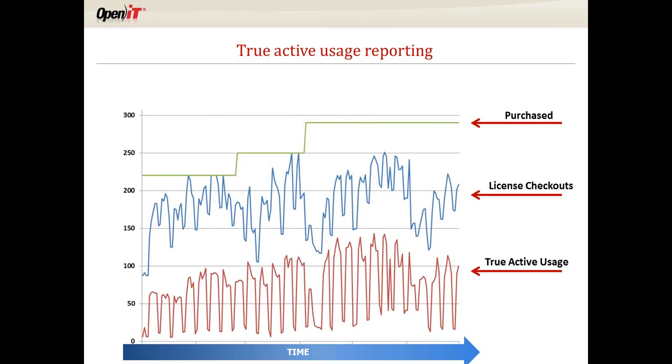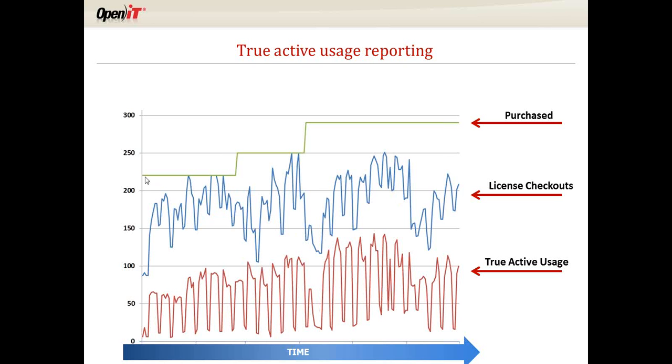An example would be, if the green line is what your organization purchased, the blue line, in this particular example, is showing if you have a license server. If you're not familiar with that, there are some applications where instead of having it installed on your desktop, or the license is named user on your desktop, there's actually a license manager that you check the license in and out. So the app's on your desktop, but it actually checks a license in and out. It's transparent to the user, but that's what's happening. And that's what this blue line represents. And then the red line represents what the actual usage is.